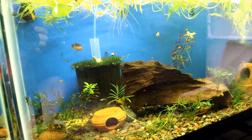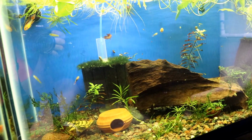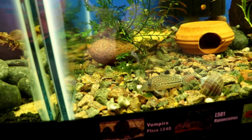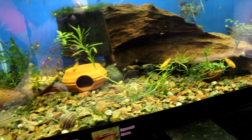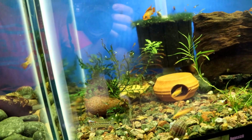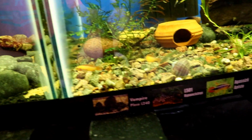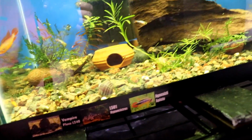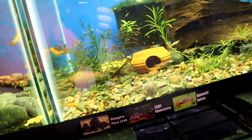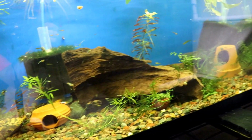Tank number 2, a 40-gallon breeder. This has got some more Apistogrammas in it. This has got the Agassizii. It also has some, I think these were block eye Cory cats. I think there's about a dozen of them in here. There are also some Endlers. I think these are maybe some Starburst Endlers. I have about 7 or 8 different types of Endlers now, and I forget which ones are which. I haven't done a very good job of putting the stickers on here to remind me what I have in each tank. There is also a vampire plecostomus, an L240, and there's also an L501 Hypancistrus plecostomus